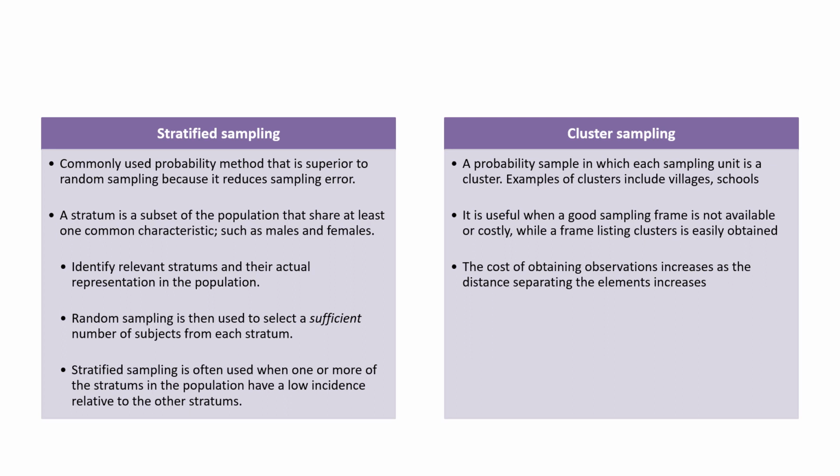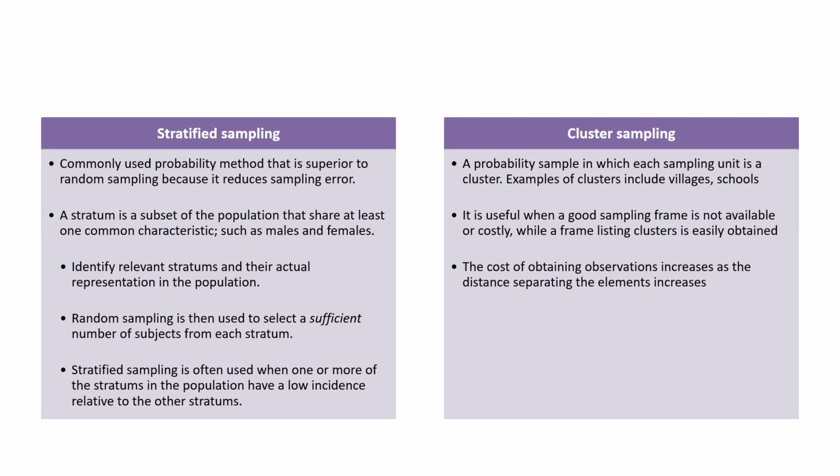You can also have stratified sampling. It's a commonly used probability method that is superior to random sampling because it reduces sampling error. A stratum is a subset of the population that share at least one common characteristic. For example, males and females. You would identify relevant strata and their actual representation in the population. You then go on to do random sampling to select sufficient numbers of subjects from each stratum. Stratified sampling is often used when one or more of the strata in the population have a low incidence relative